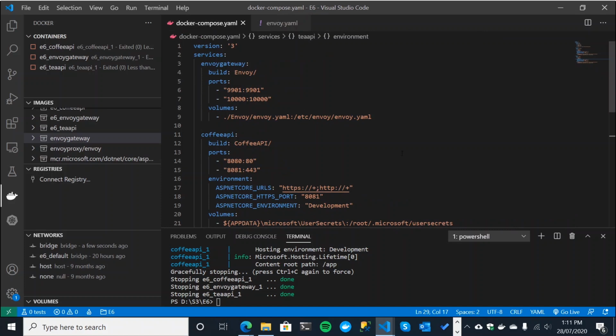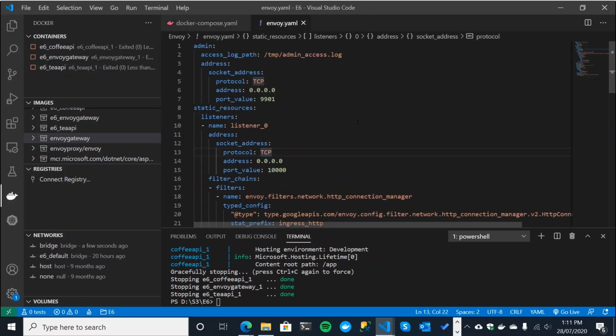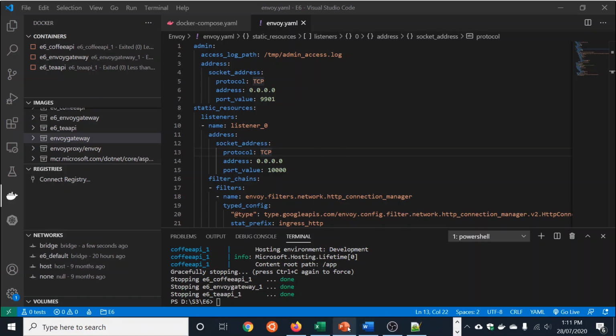We'll make just one additional change to the Docker Compose file when we come on to working with HTTPS, but for now, we're really just in the Envoy.yaml file. So let's start with what we're going to look at, which is routing to our APIs.